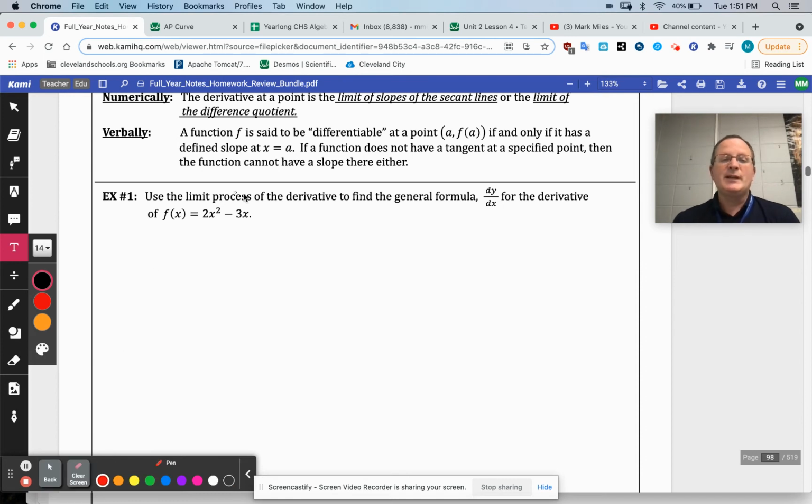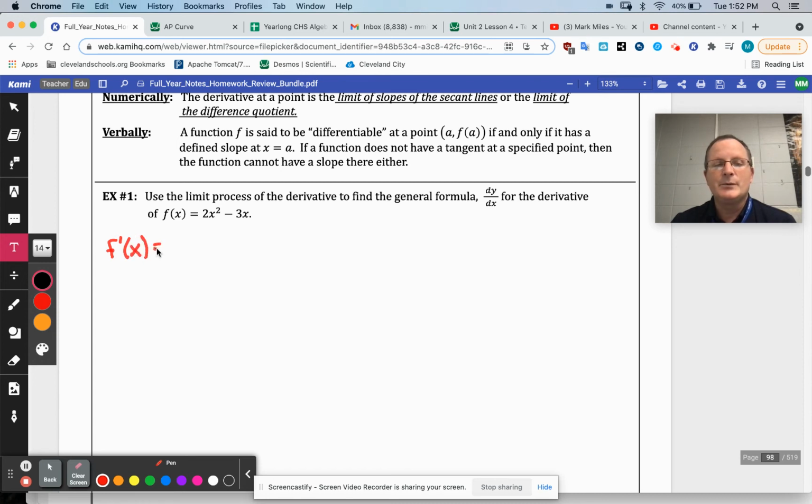It says use the limit process of the derivative to find the general formula, dy dx, for the derivative of f of x. Now, it's unusual for them to use dy dx when they never said y. Normally, they would say f prime on this. So that's what I'm going to do too, because whatever you're given is typically the notation they're going to use. There was never any mention of a y in this function. So I'm going to say instead f prime of x